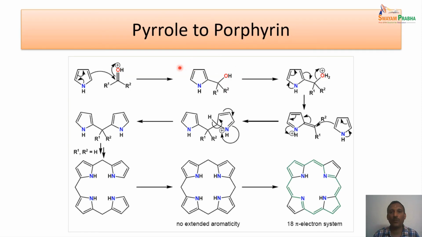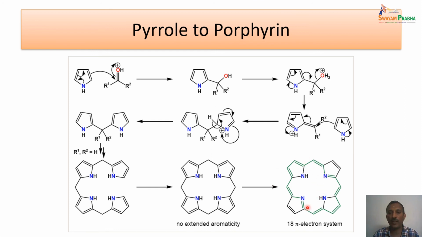And pyrrole can also be converted to porphyrins. This is very similar to the addition reactions that we have seen in the previous slide. Here we have the hydroxide derivative which loses a water molecule, and this again undergoes multiple cyclization reactions with pyrrole to give a non-extended aromatic compound as shown here, which can be converted to the 18 pi electron system. This is what is called the meso carbon here. So a methine carbon connecting 4 pyrrole rings is what is called the porphyrin